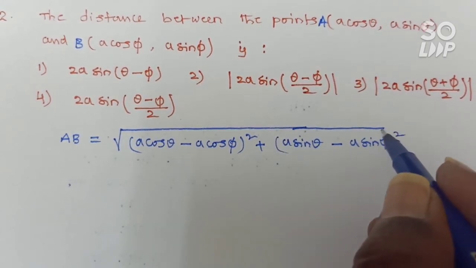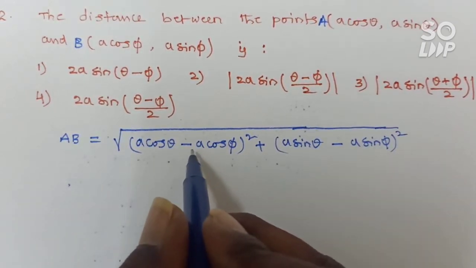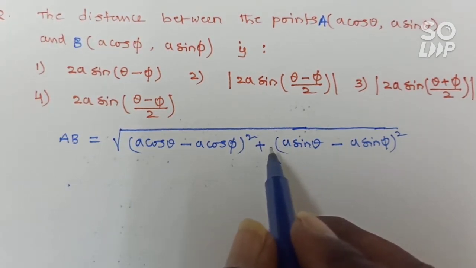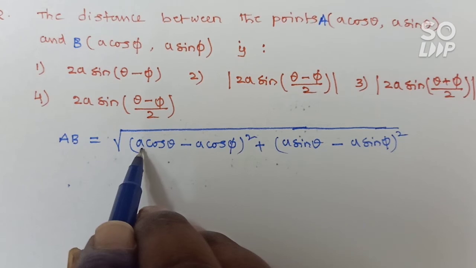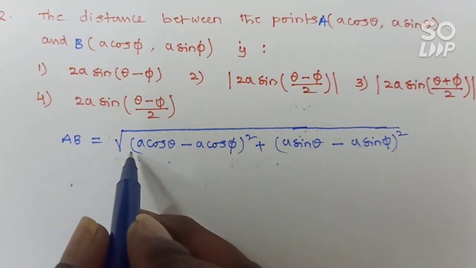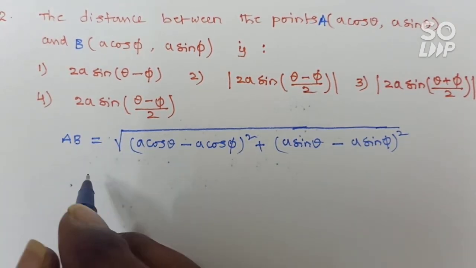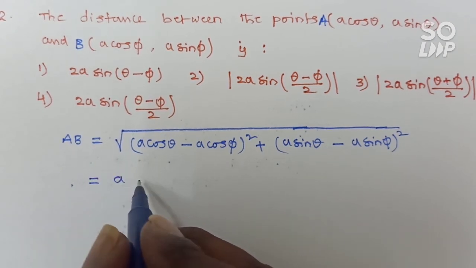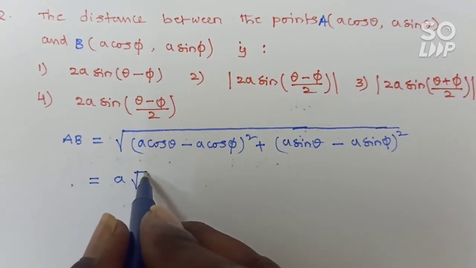Now in the first term you can take a as common, and in the second also you can take a as common. If you take a as common, it becomes a square. When a square is under the root, it comes outside the root as a. That becomes a into the square root of